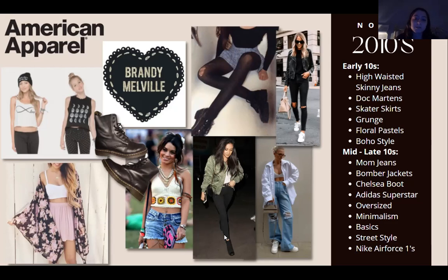Floral pastels, boho style. During this time, Coachella was just starting, and celebrities like Vanessa Hudgens are really known for the boho style she did at Coachella. So that really became popular. And also brands like American Apparel, Brandy Melville, Forever 21, those brands really became popular during this time. And then the mid to late 2010s,